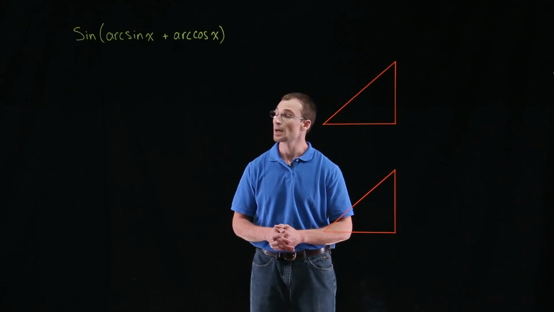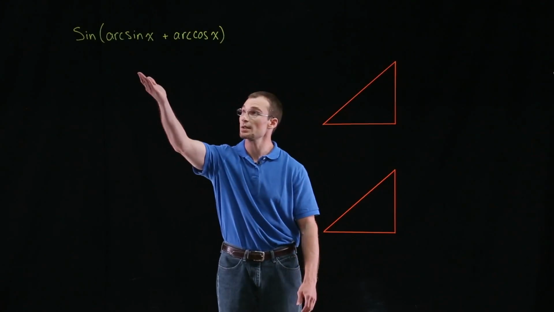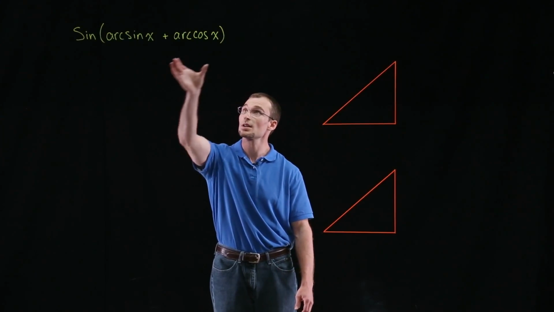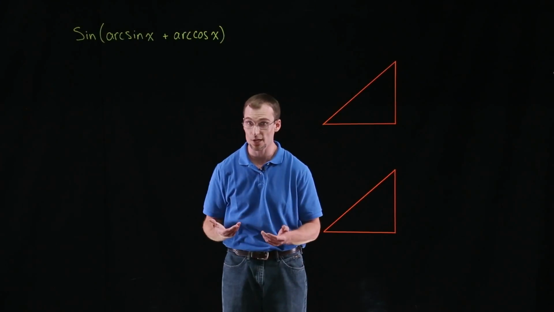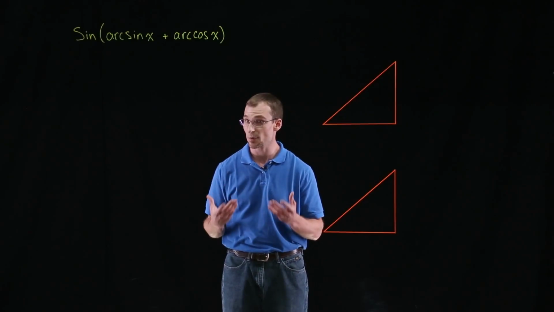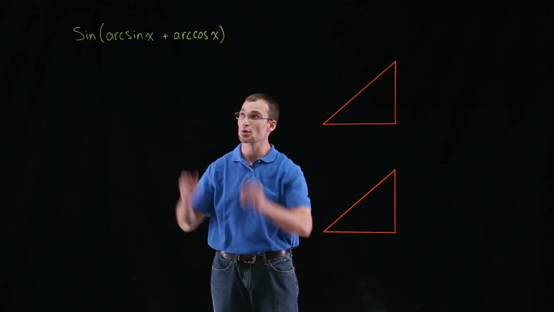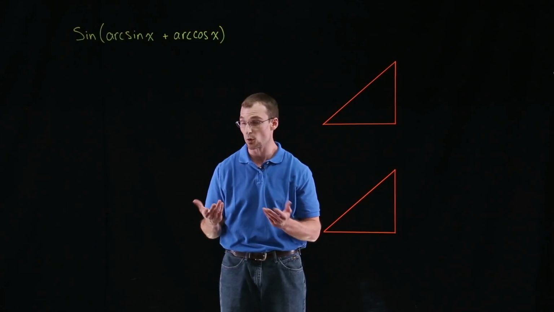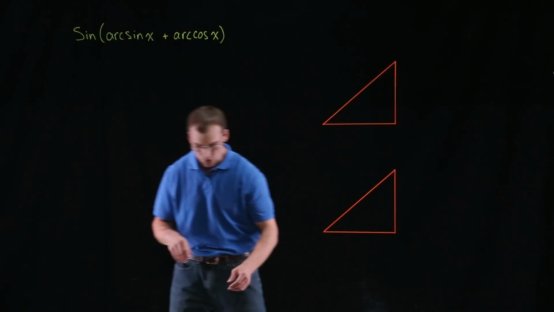Welcome everybody, I'm Adam. And in this problem, we're going to be writing the trigonometric expression sine of arc sine of x plus arc cosine of x as an algebraic expression. Again, what an algebraic expression means is we're going to try to rewrite this in terms of just the variable x or constants. So to start with,